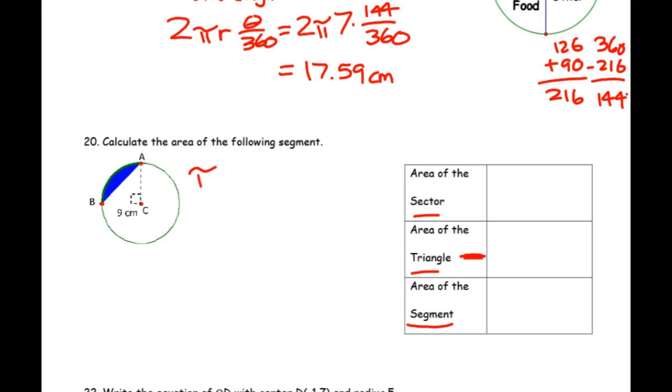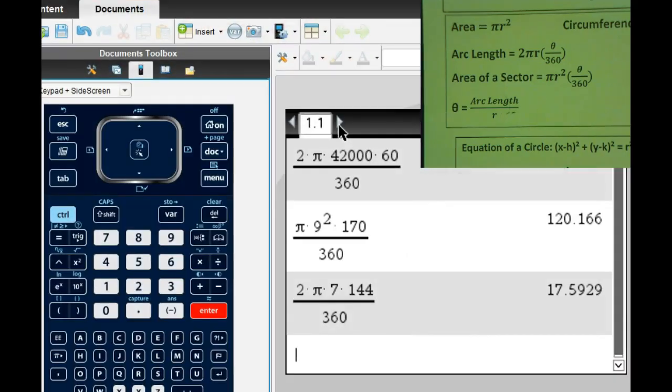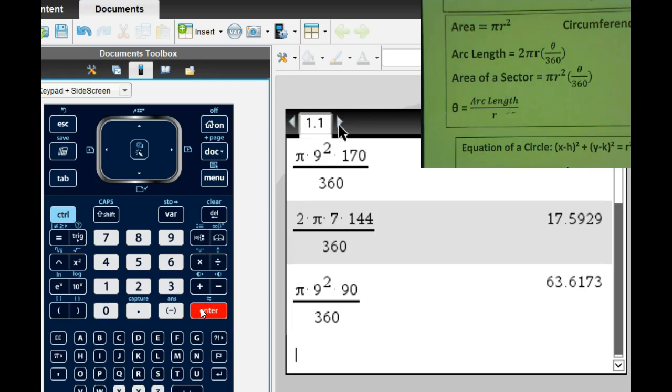So, area of a sector, again, pi r squared, theta over 360. Let's just cut to the chase, so it's going to be pi, the radius is 9 squared, theta, my angle, for a right angle, 90 over 360. Okay, I get 63.62